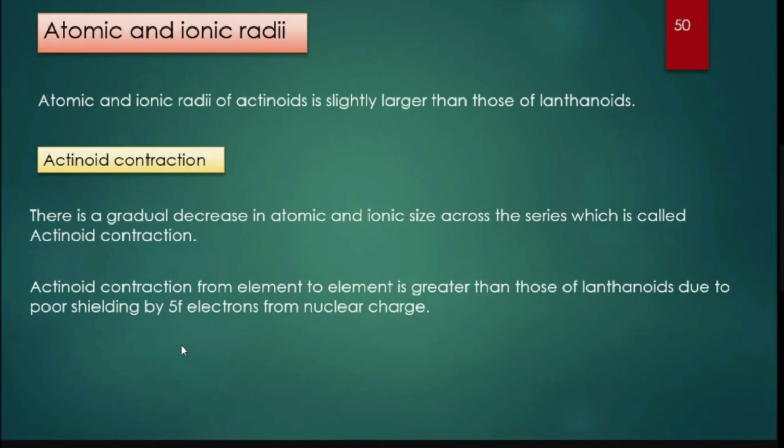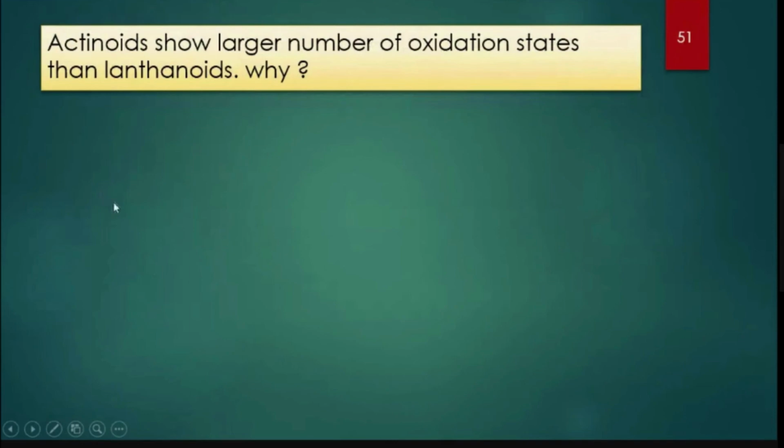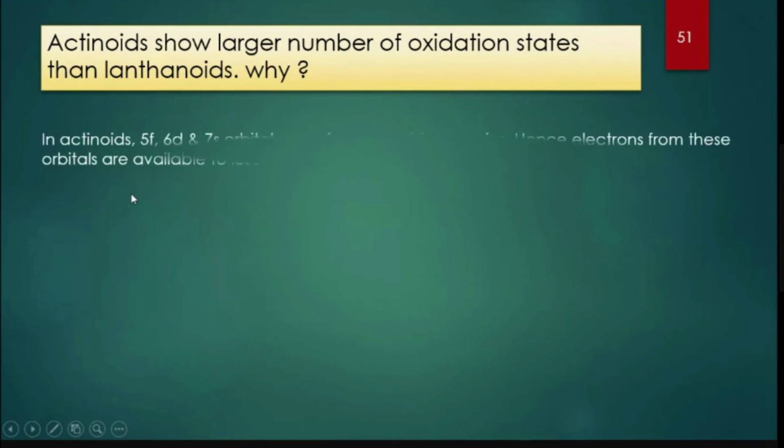Here both 4f electrons of the lanthanide series and 5f electrons of the actinide series have poor shielding effect, but 5f orbital electrons have much poorer shielding effect than the 4f electrons. So that is why actinide contraction from element to element is found to be greater than the lanthanide contraction, which is due to the poor shielding effect offered by the electrons present in the 5f orbital against the growing nuclear charge. Or you can say the 5f electrons cannot overcome the force of attraction exerted by the